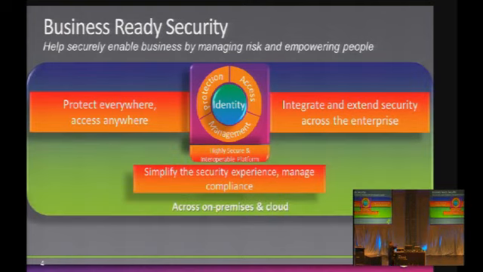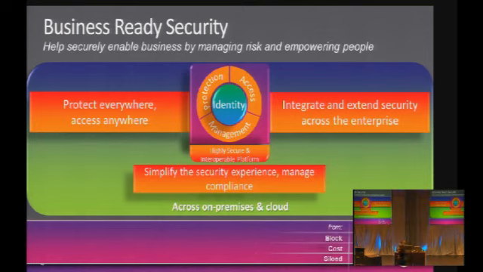Anyway, we want to be able to do all these things on the premises or in the cloud. It doesn't matter. These are going to apply equally well in either situation. So we don't want to get too tied up about this is just a cloud thing or this is just an on-premise thing. It's got to work in both locations. We want to go from being a blocker to an enabler, right down here in the bottom. So we want to go from being a cost center to adding value to the organization. And right, we want to go from being siloed organizations and siloed development teams into a seamless identity and access management solution across the organization. Right?